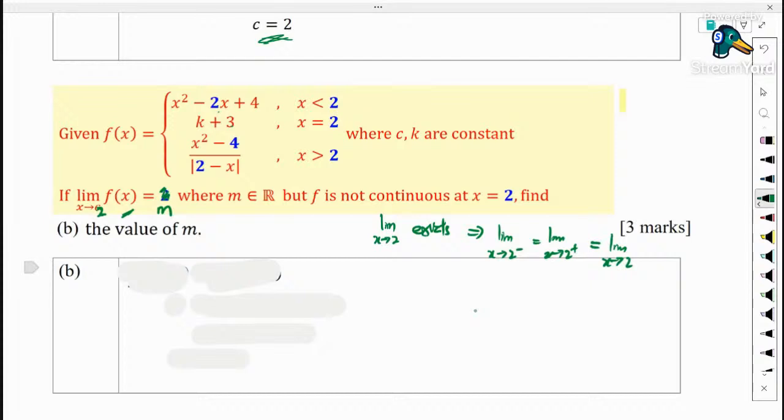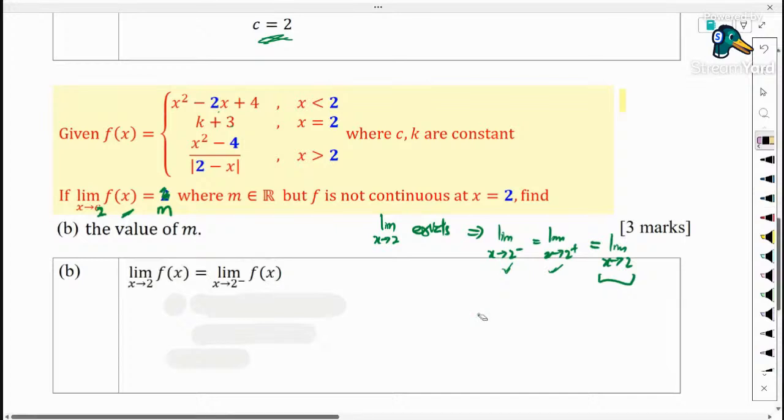So in other words, as x approaches 2, I can substitute with either the left-hand side limit or the right-hand side limit. I can substitute with either one-sided limit, since they have the equivalent value, the same figures. So in order to get the answer of m, I realized that the limit as x approaches 2 of f(x) is equal to